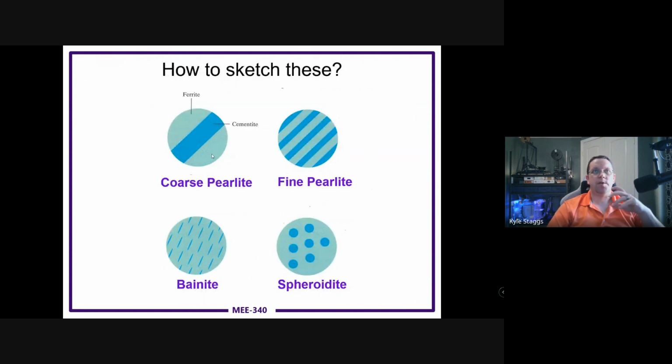But in any case, you're trying to start from something like coarse perlite, and with any kind of heat treatment using the principles from these phase diagrams, you're trying to convert over to fine perlite to make it a little bit harder, or you're trying to go for an intermediate material and head for bainite, or you're trying to head for spheroidite to make it easier to machine and make the behavior more uniform, so that you're not having different pockets of the material that are harder or softer in different areas,